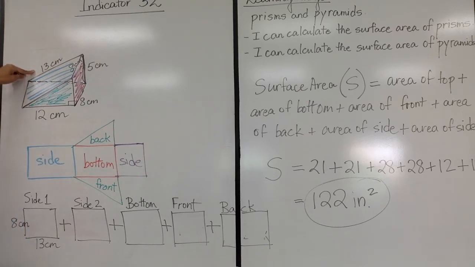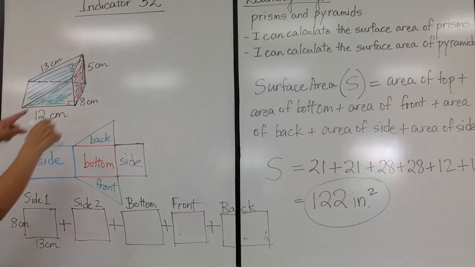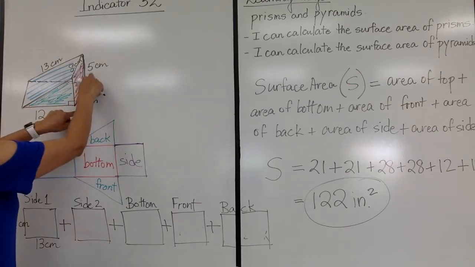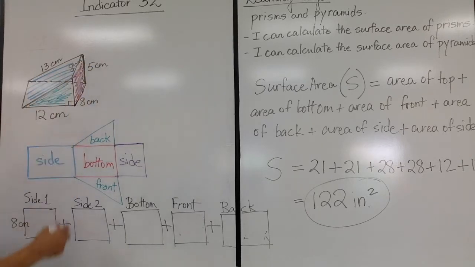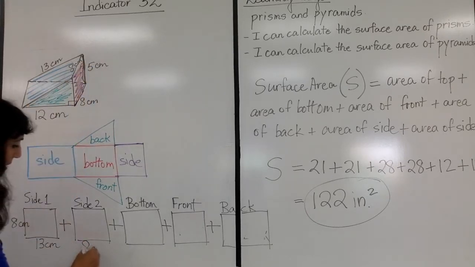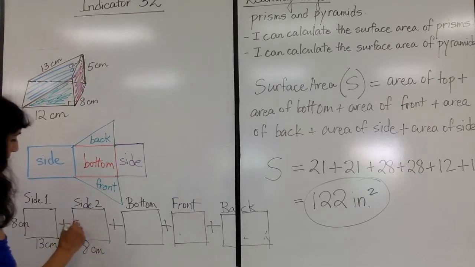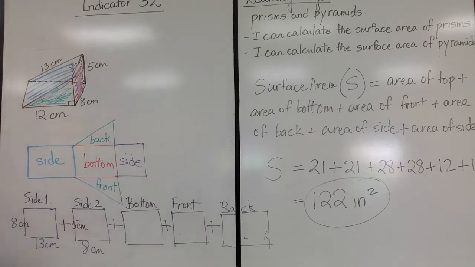Okay, so 13 times 8 centimeters is the area of this rectangle. All right, now let's look at the second side. Because this is written out and that's written out, this is my side, so this is going to be 8 times 5. So this is 8 centimeters, this is 5 centimeters. First thing, always go ahead and write out all the measurements,